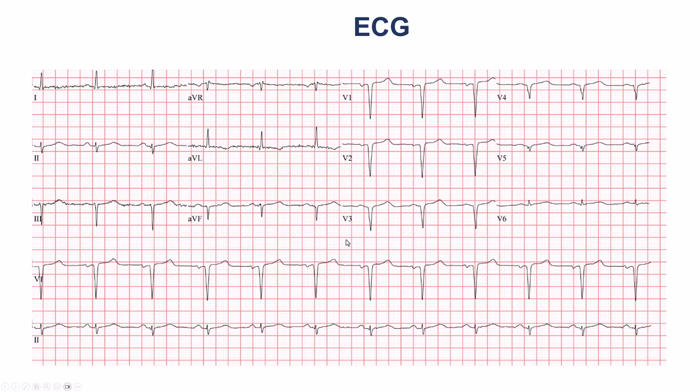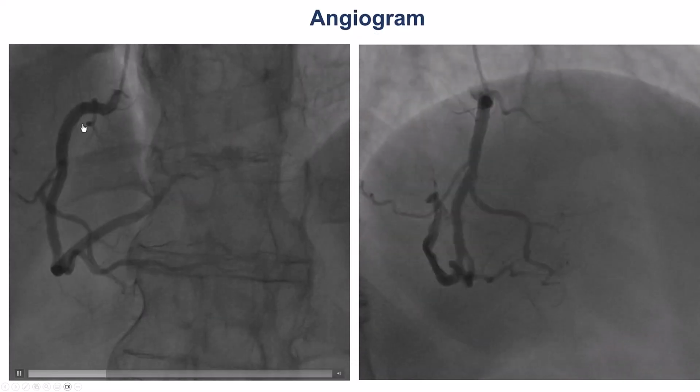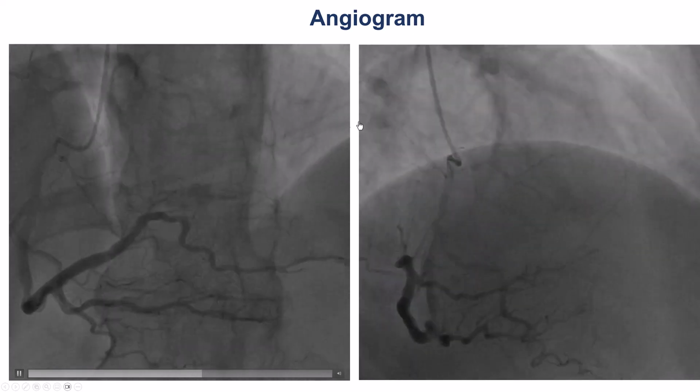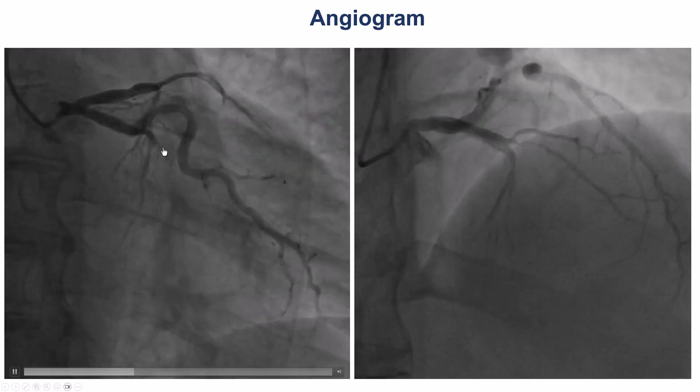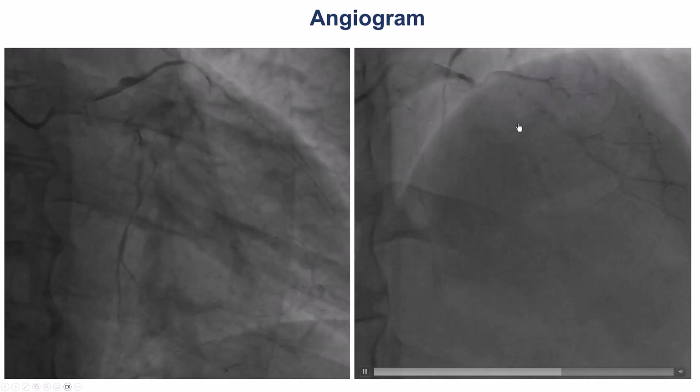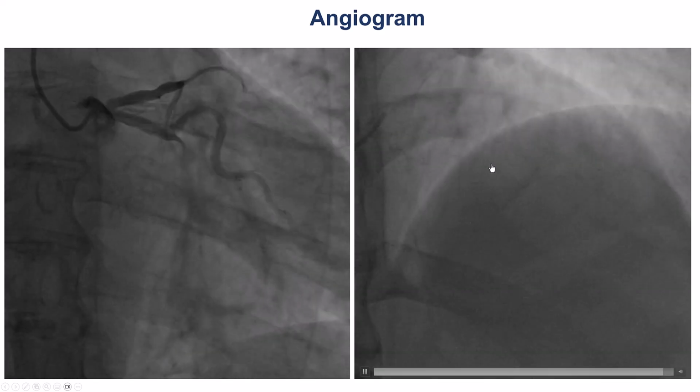This is the electrocardiogram, which shows Q waves in the precordial leads. And this is a coronary angiogram. No significant disease in the right coronary artery. However, the LAD is occluded in the mid-segment. There is also a high-grade lesion in the diagonal branch,